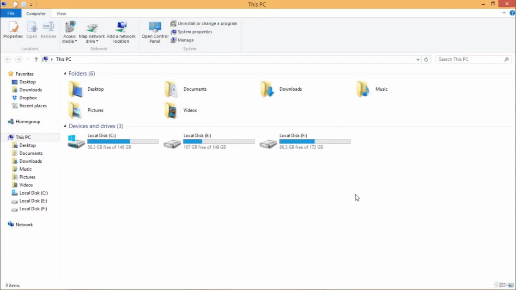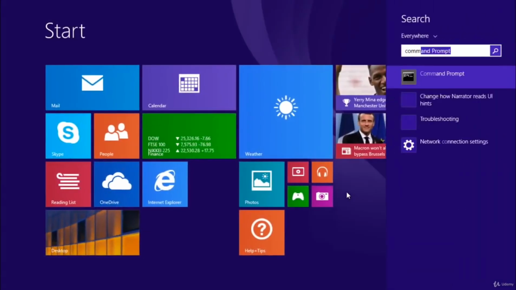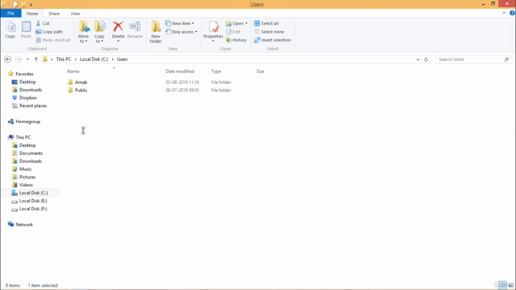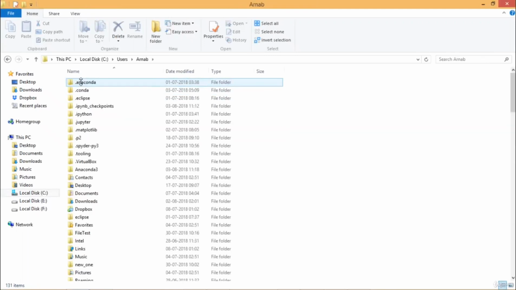Python coding can be done in three different ways. The first one is the immediate mode, the next one is the script mode, and the last one is using an integrated development environment, that is, an IDE. At first we are going to discuss how we can do the coding in Python in immediate mode. So here we are opening our command prompt and going to the respective folder, that is C colon users, this is the username, and Anaconda 3.